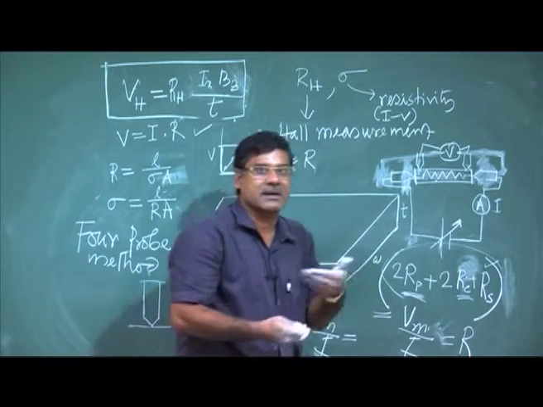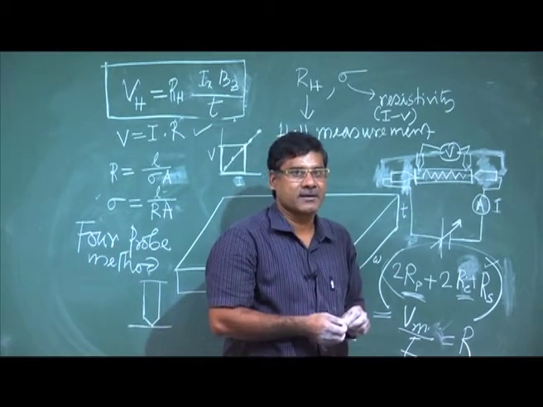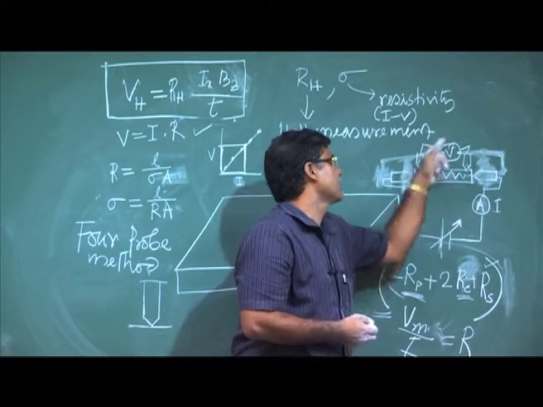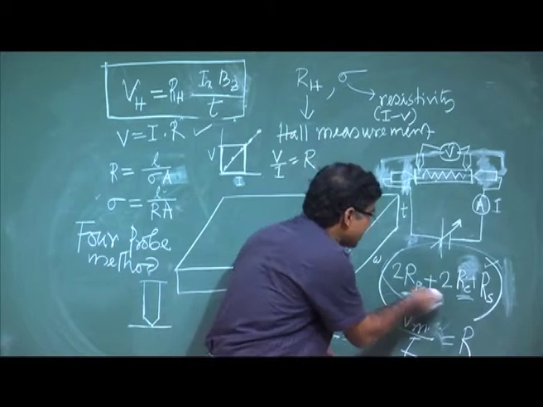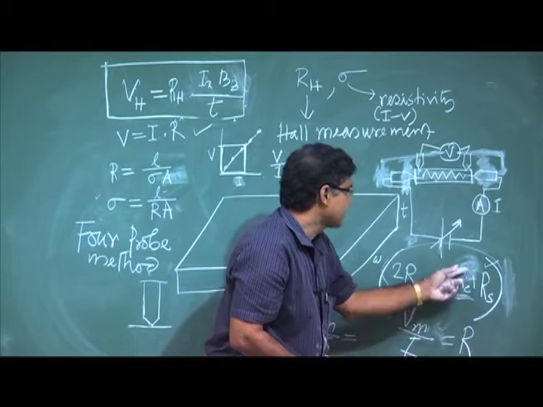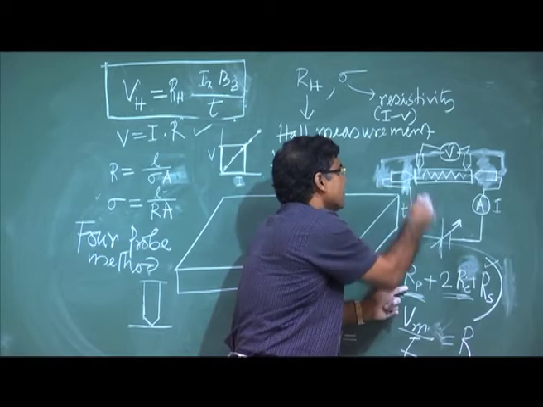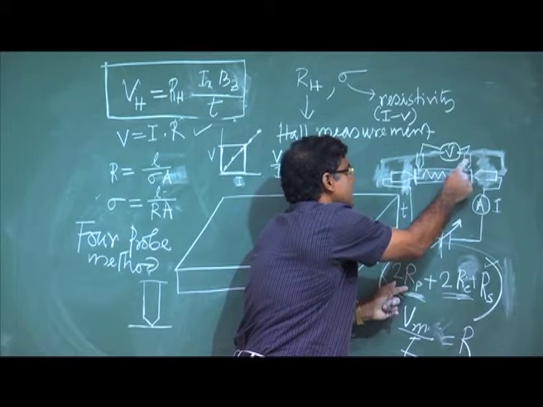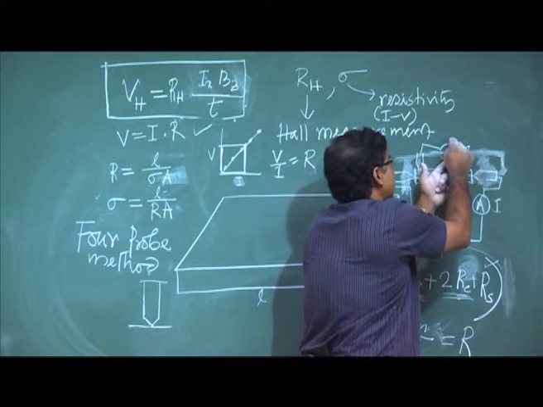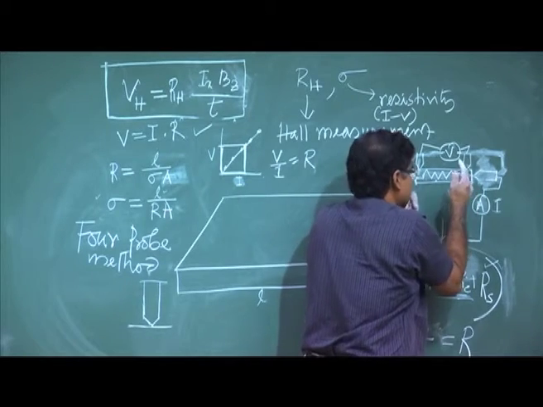So, how does this contact resistance affect the resistance, right. Because IR is the voltage drop, and no current is flowing through this, there will not be any voltage drop across this contact resistance, across this probe resistance, right. Only the voltmeter will give me a reading, that is the voltage drop purely for my sample.